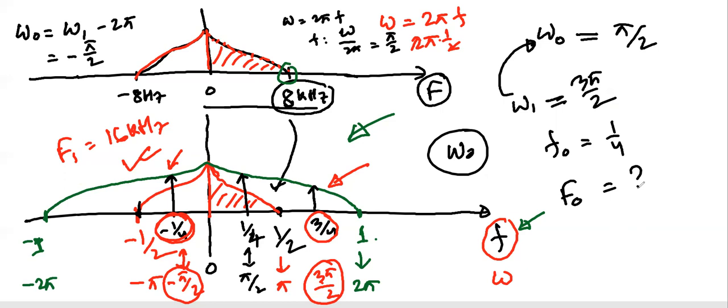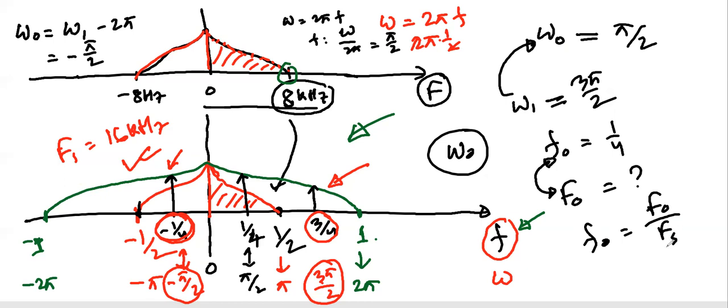What is f0? So the analog frequency, sir. Exactly, analog frequency. We have the relation between analog to f0. We have the relation, isn't it? f0 is equals to